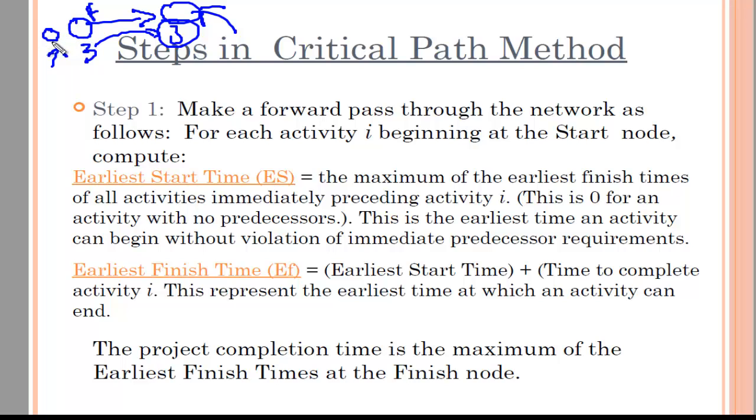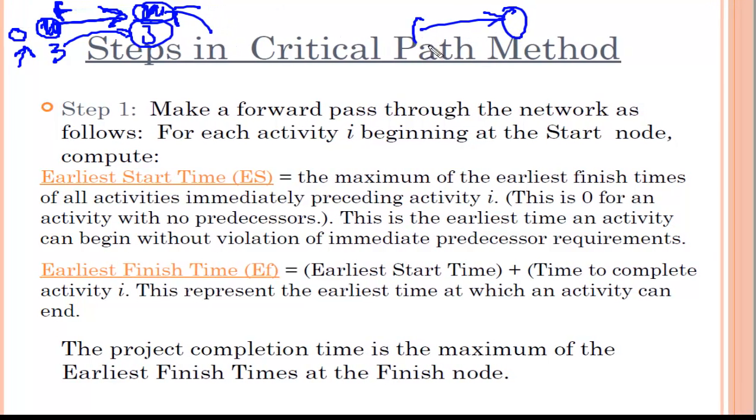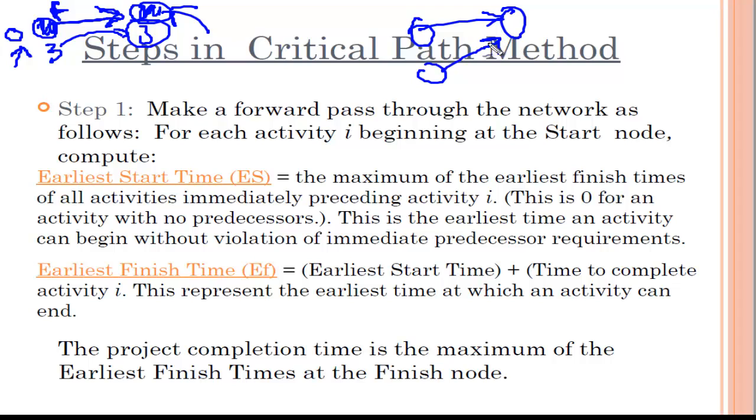So 0 will be the earliest start time of the first node, and for the next node, it will see if it is a single activity coming after it, then the predecessor is only 1. Whatever is the finish time, that will be the start time of this activity. But if there's a contention that there are multiple predecessors, then I have to see which one finishes last, because I have to wait for each and every predecessor activity to finish first. So if one is finishing at time 3 and another is finishing at time 5,